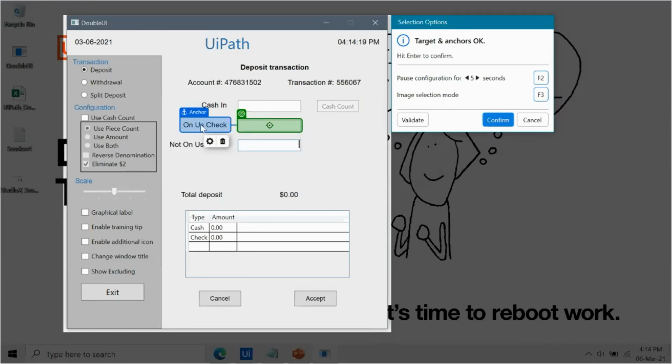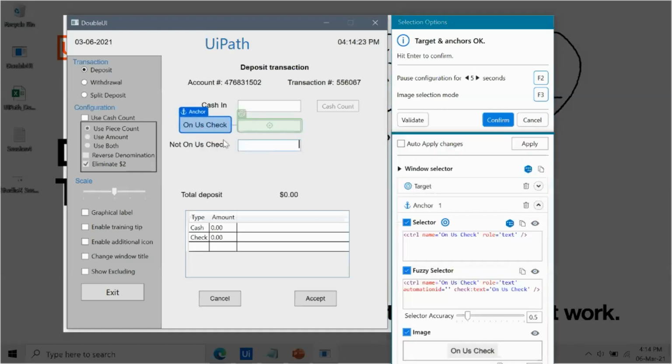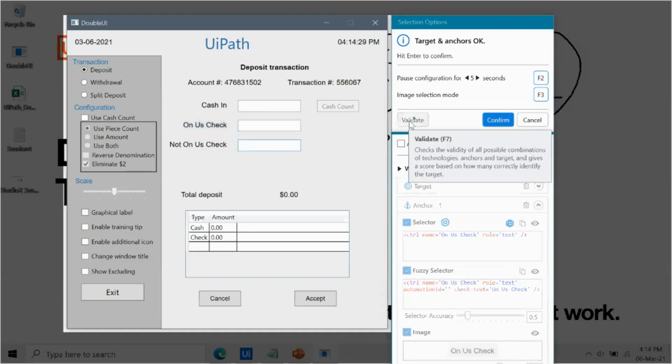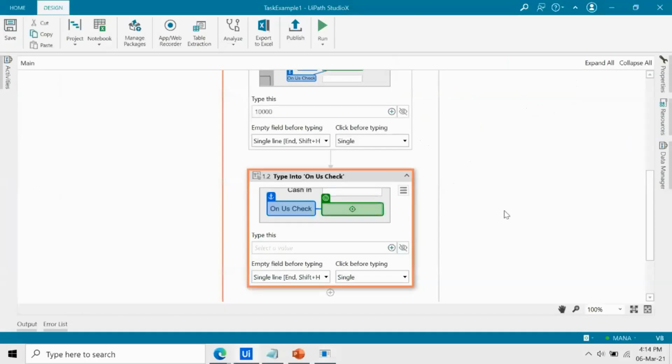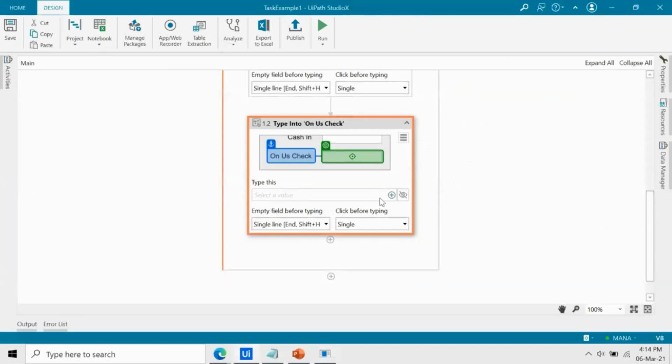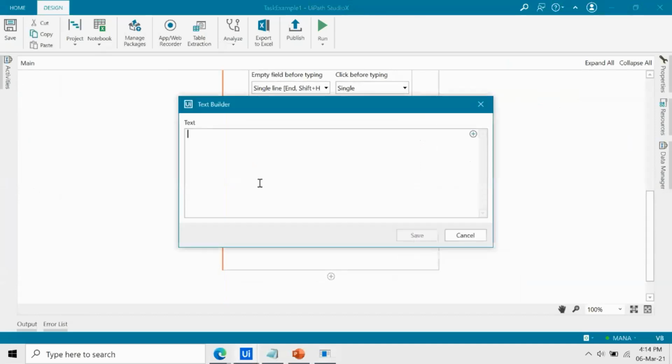However, if you're not satisfied with it, you can go to the settings and add more anchors. As of now, this looks fine. I click on validate and click on confirm. Similarly, I can provide the next values.